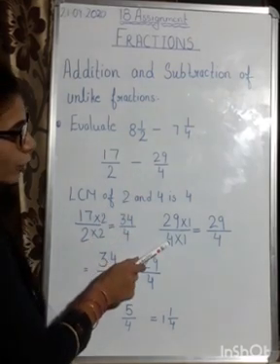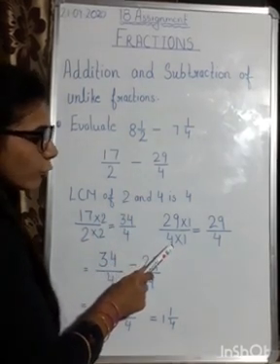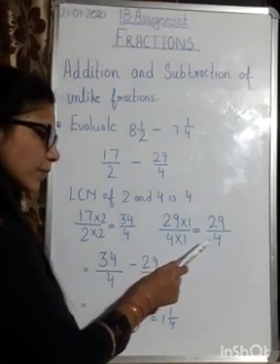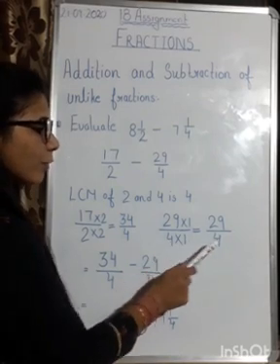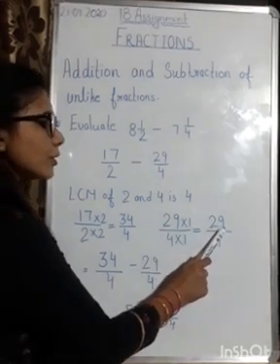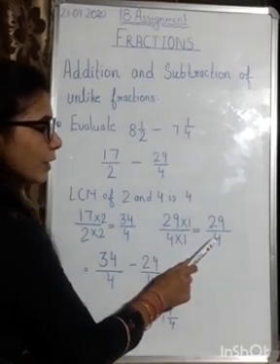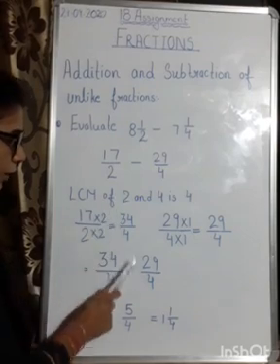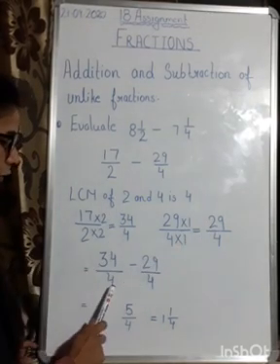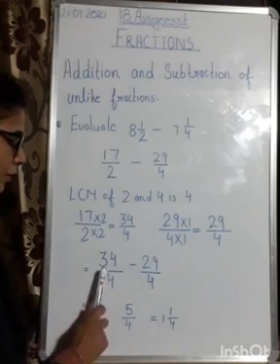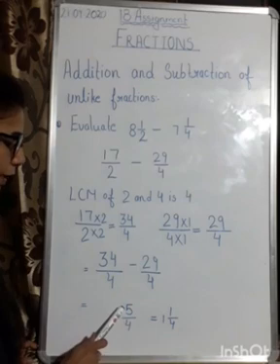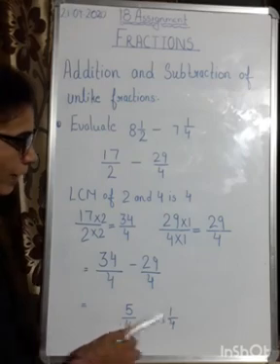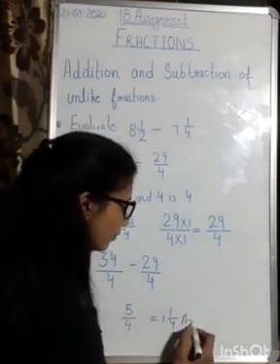Similarly this 29 by 4. But here you can see it is already 4 over here. So we don't have to multiply it with any number. It means we are multiplying it with 1. Then only we are getting 4. So 4 multiplied by 1, 4. And here 29 multiplied by 1 equals to 29. This is coming 29 by 4. Then I have written 34 by 4 minus 29 by 4. Now it is like fractions as the denominators are same. So I have done 34 minus 29 will be 5 by 4. And then I have converted it again into a mixed fraction, that is 1 whole 1 by 4. And this will be your answer.